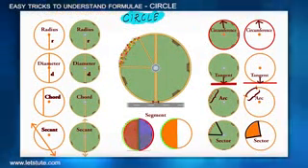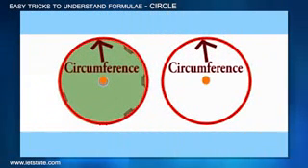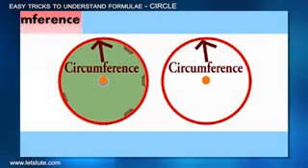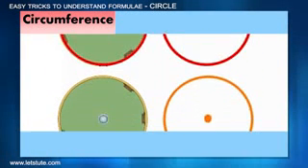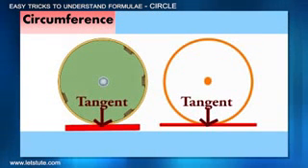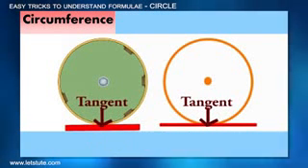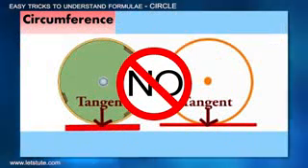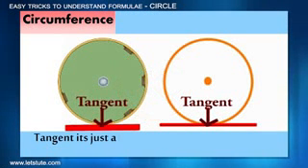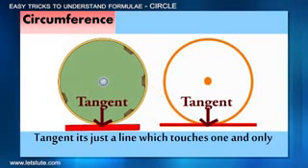Well, the next thing we see is a circumference. Well, yes, now this looks like it might need a formula to find. So, we'll keep circumference aside. Next is tangent. So, what do you think? Will we need a formula to find tangent? No, right? Because by its definition, tangent is just a line which touches at one and only one point of